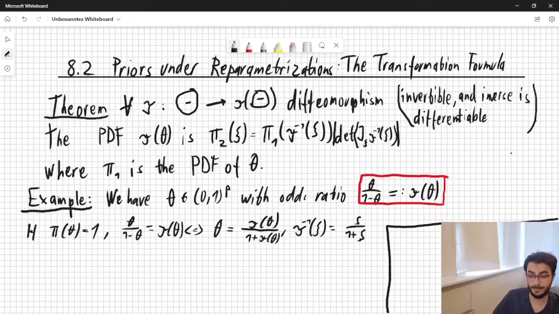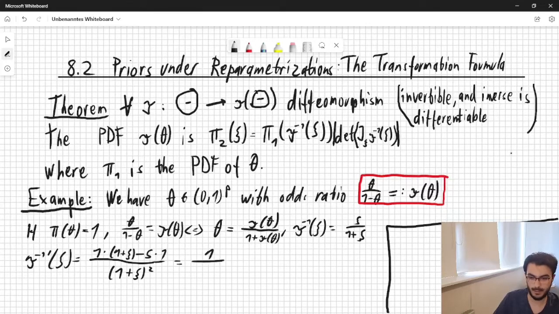The derivative, because it is the Jacobian in the one-dimensional case, is 1 times 1 plus psi minus psi times 1 divided by 1 plus psi squared. So it's 1 over 1 plus psi squared. And this immediately implies